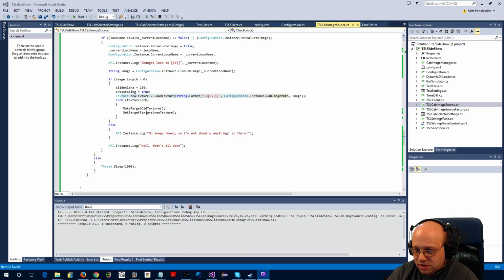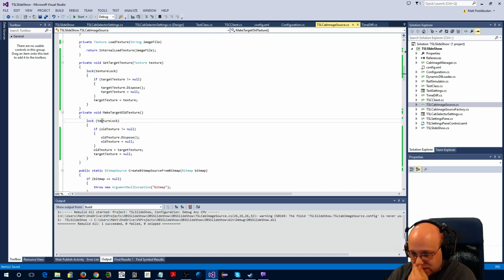The set method does indeed already contain a lock, yes, but that doesn't cause a problem. And if I go in to make target old texture, that already does a lock as well, actually. That manages the switch around from those two textures, which means I don't need to do a lock outside at all. However, the problem with not doing a lock outside is that I would have two separate locks,